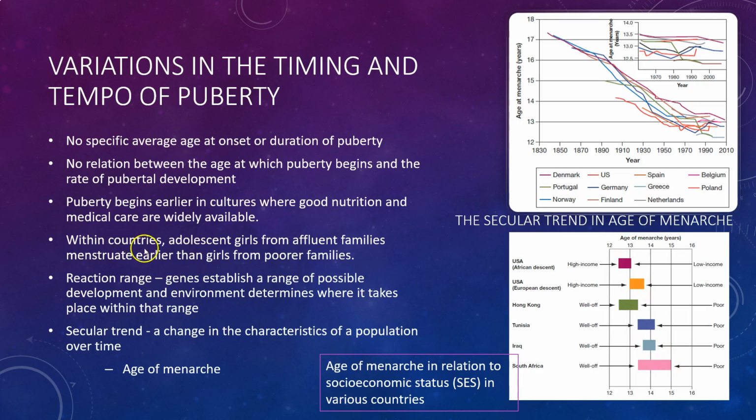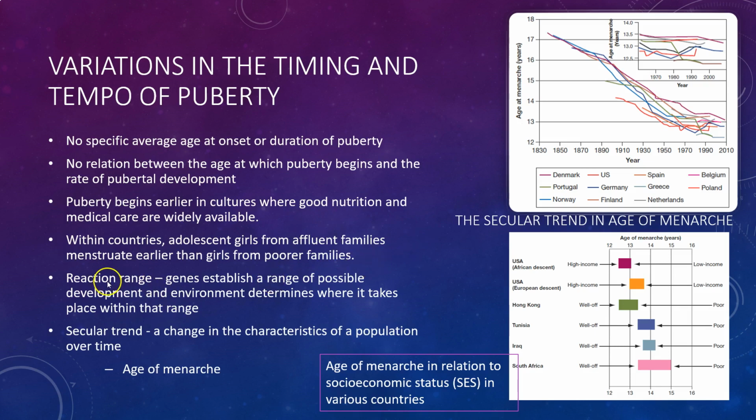And then within countries, adolescent girls from affluent families, again, tend to menstruate earlier than girls from poorer families. All right. So there does seem to be this relationship between earlier puberty and higher